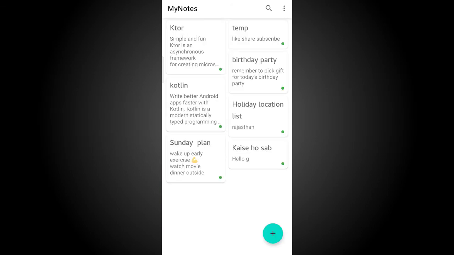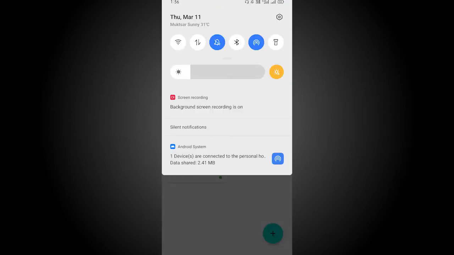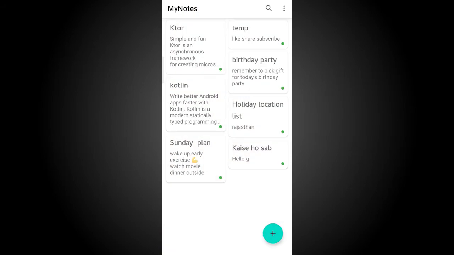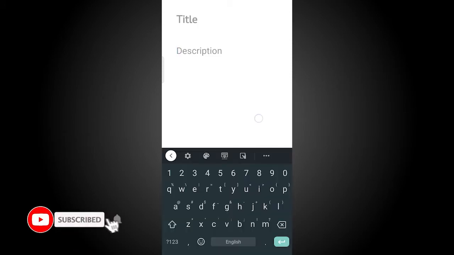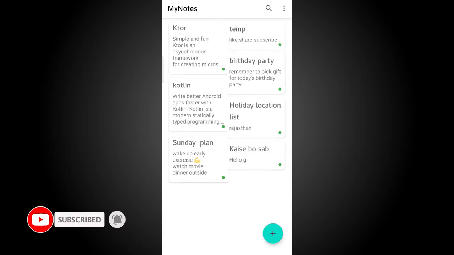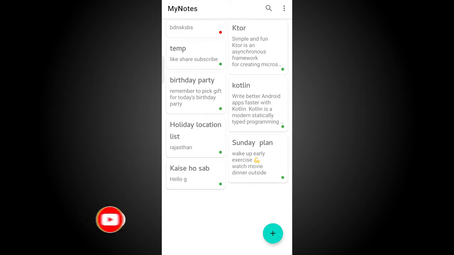Now our app is implementing caching. To check that, I am closing the internet connection and let's open it. Here you can see our notes are visible, and we can add notes also. And here you can see if the note is added only locally and it is not pushed to the server,